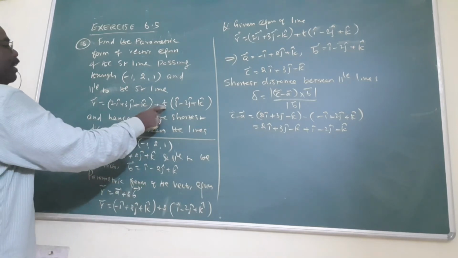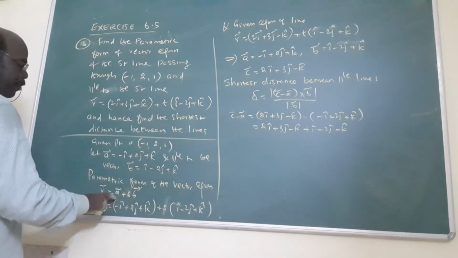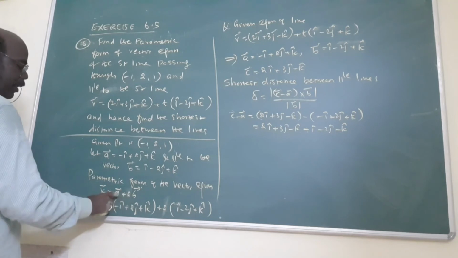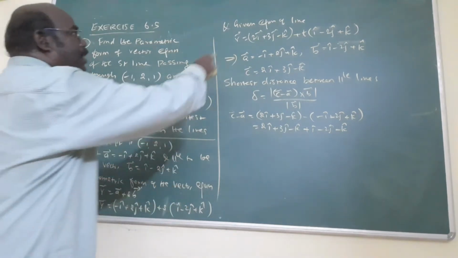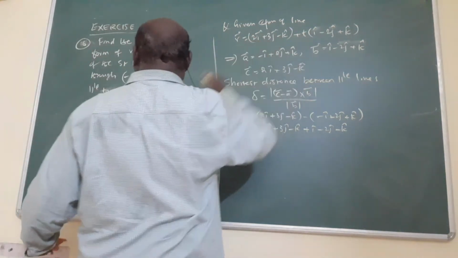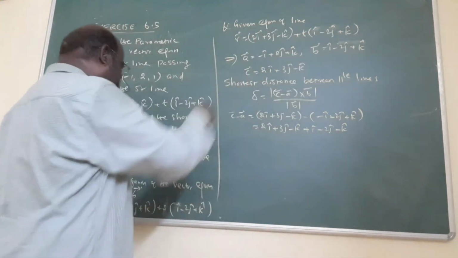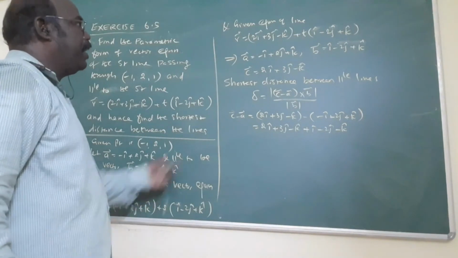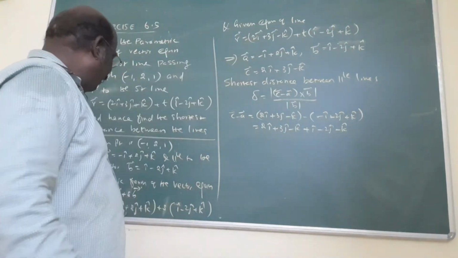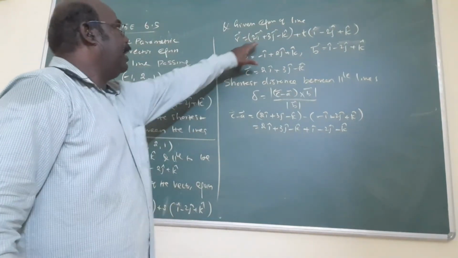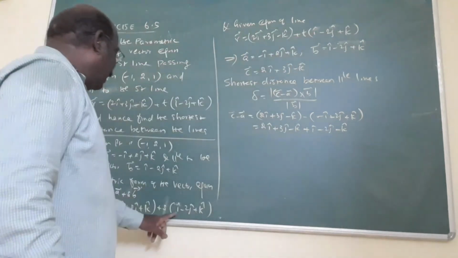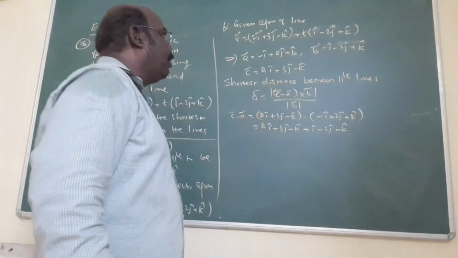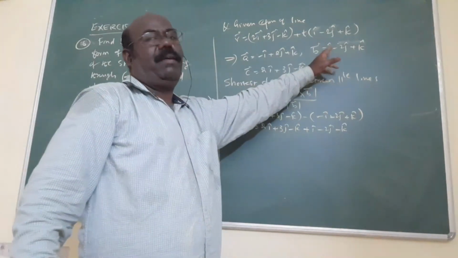In the question T is given, that's why I want to assume another scalar: A vector plus S into B vector. A vector is the given point, B vector is the same parallel vector. And what is the given equation of the line? The same thing, already given. From the two equations, the first one is what? Point A. Next, the first one is the A vector, called the point A vector. Next C vector. After the scalar, the same thing will come. Both are equal, that's why they are parallel vectors. That is called the B vector.